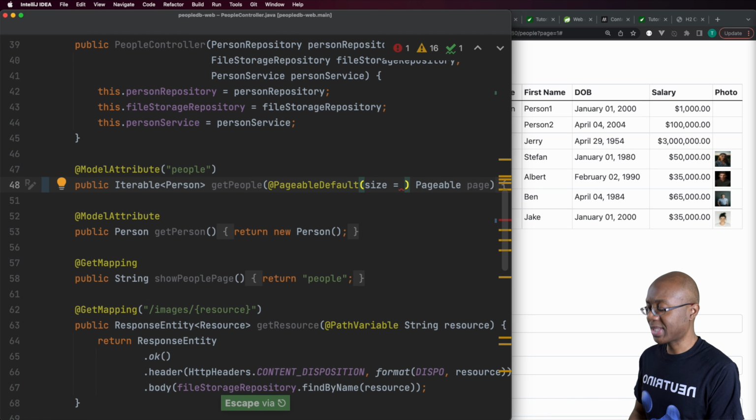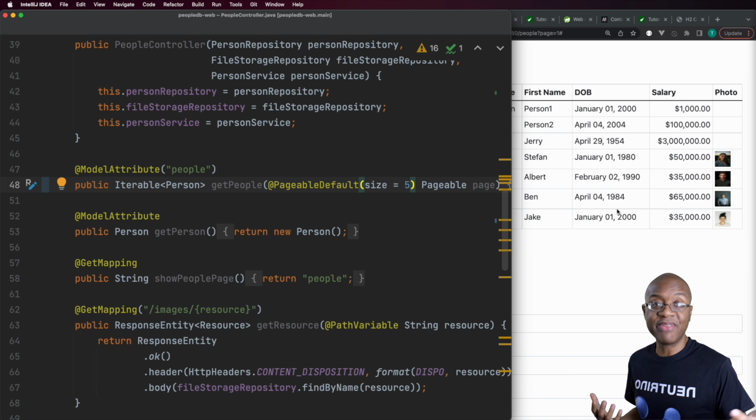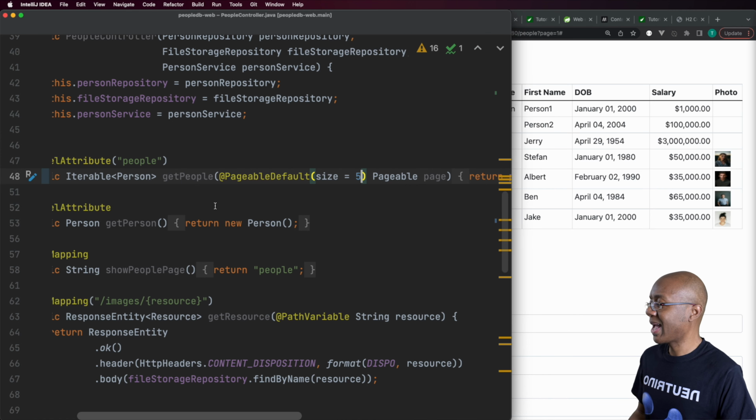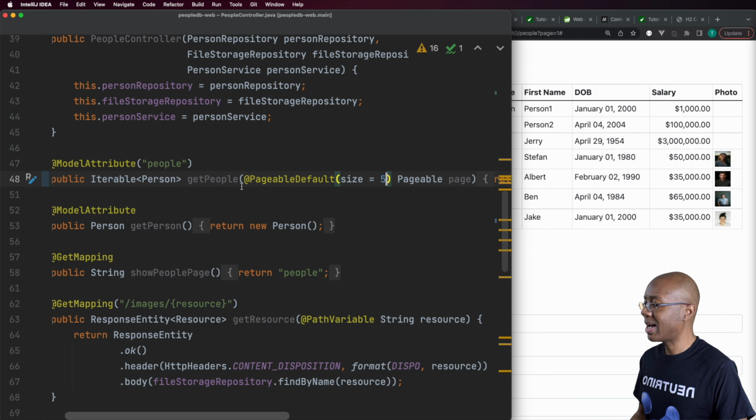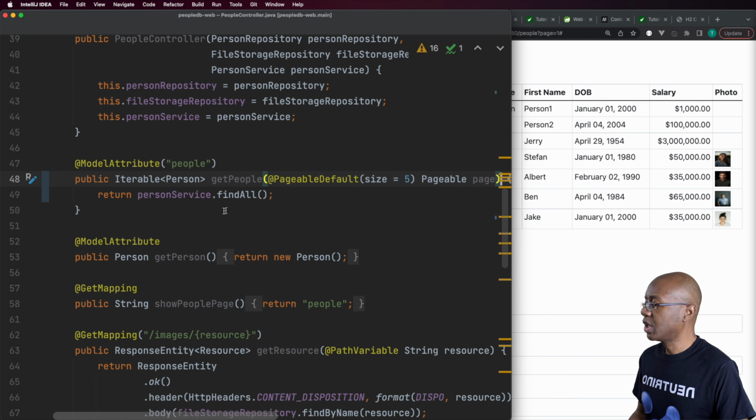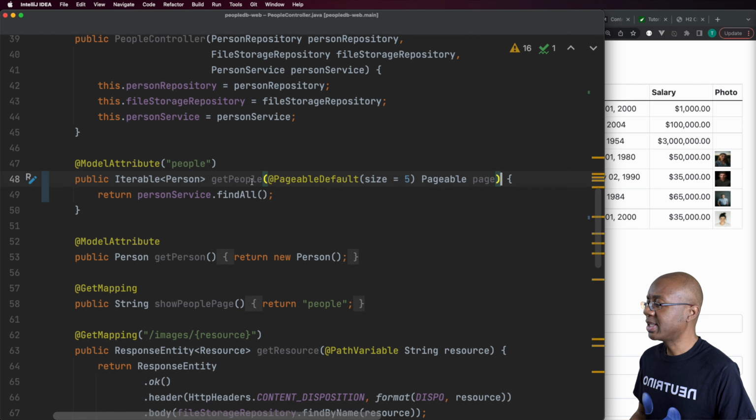And I think we'll set this to 5 for right now so that we can easily see the pagination actually working. If I set it to 10, then we wouldn't get any pagination until I created at least 11 records. And so what's going to happen here is, actually, let me expand this out. All right. So what will happen now, and make that even a little wider, is that Spring MVC will see